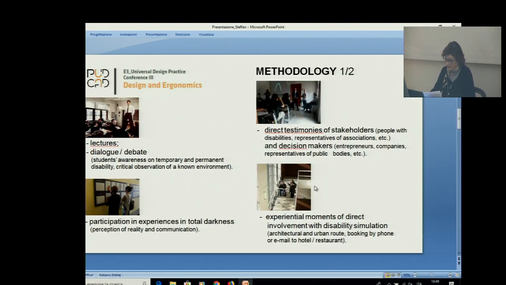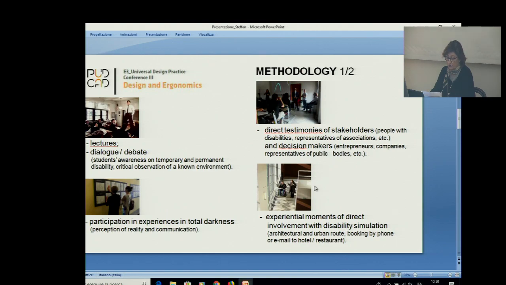Methodologies used have been lectures and dialogue to raise students' awareness on disability and on the different aspects of accessibility for all real users by inducing critical observation of a known environment, for example, family, school, work, then direct testimonies of stakeholders and decision makers, participation in experiences in total darkness to experience how the perception of reality and communication can